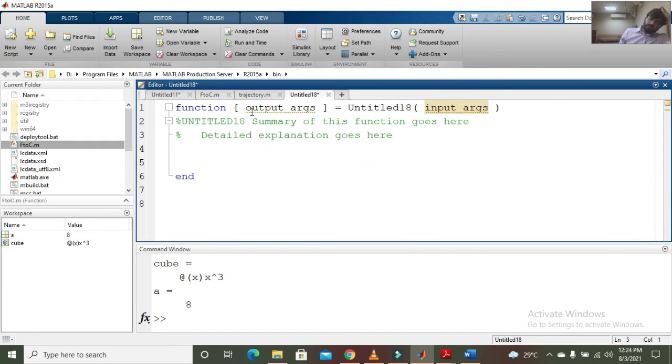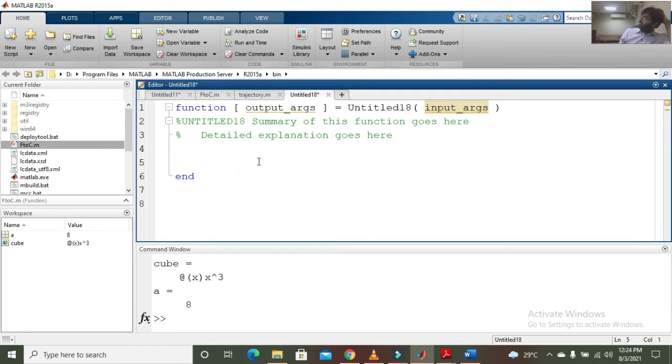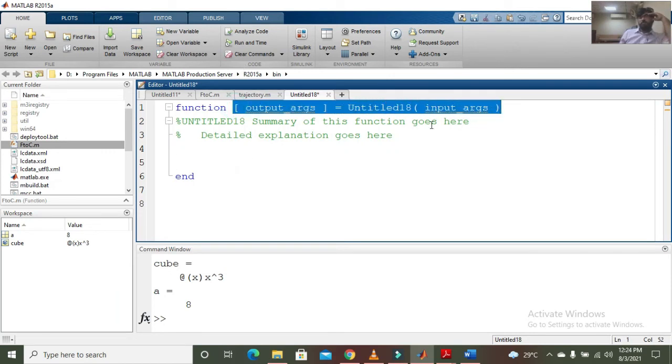A function file will look like this. Now you have to carefully define the function definition line, input and output arguments plus the name as well.